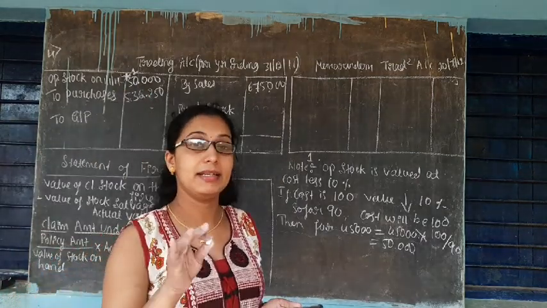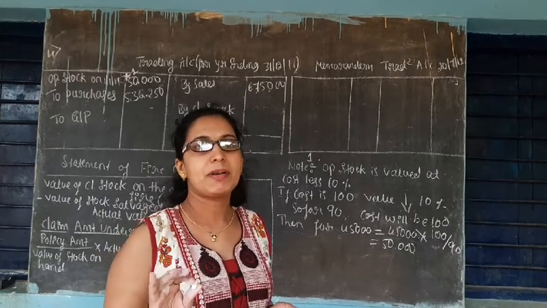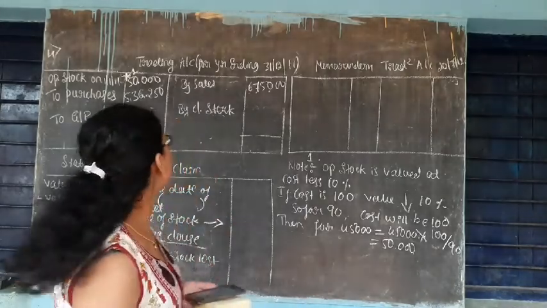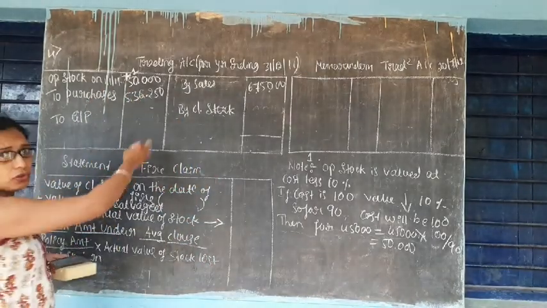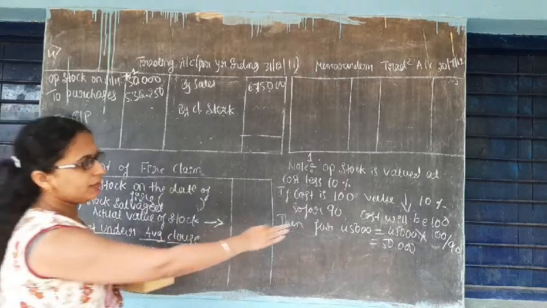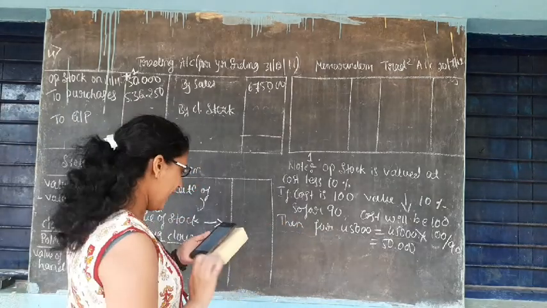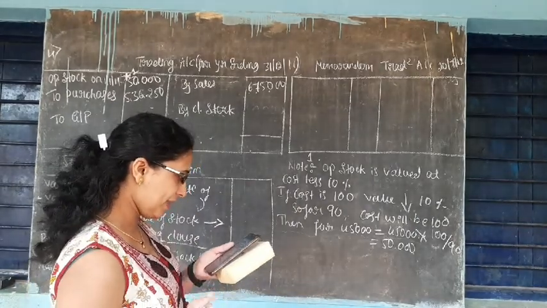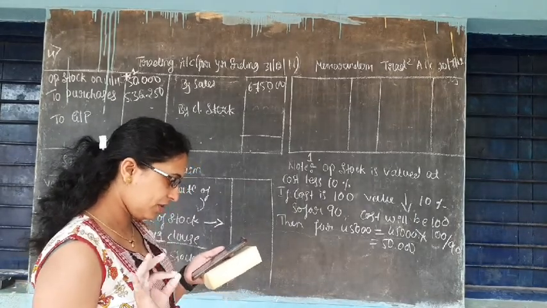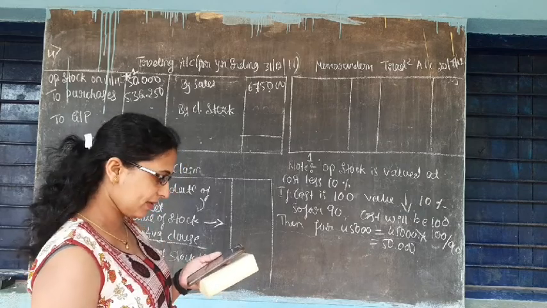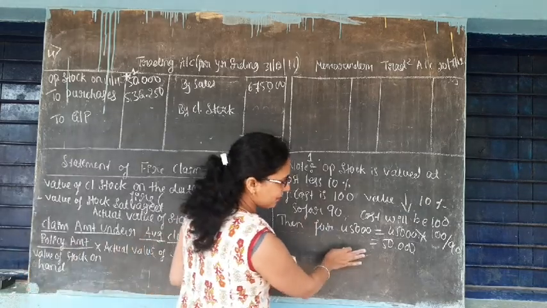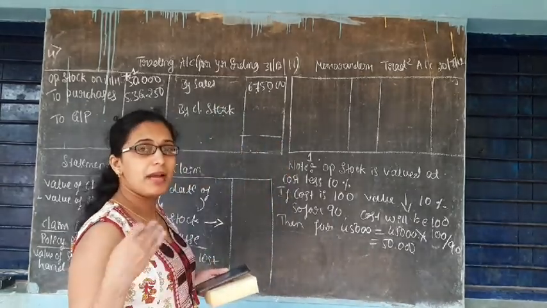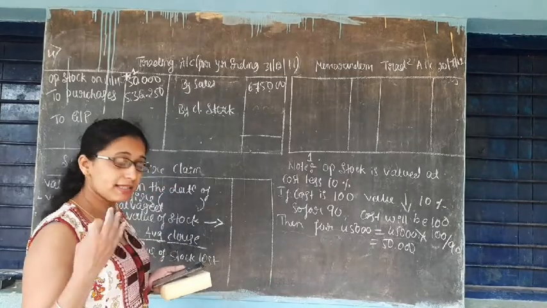Directly you can take it as, and they are told that there is some practice of mentioning it in cost less 10%. So directly you can do that, 45,000 into 100 divided by 90, you will get 50,000. And next thing is for closing stock. Closing stock also they are doing the same practice, but the only change is cost plus 10%. Here cost less 10% is there, but for closing stock they are having the practice that cost plus 10%.